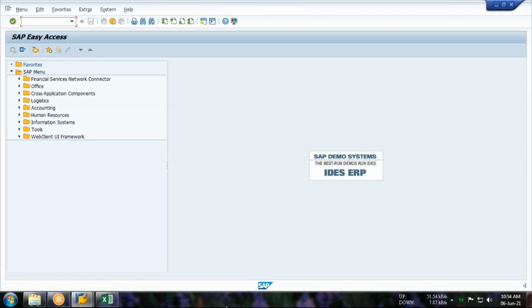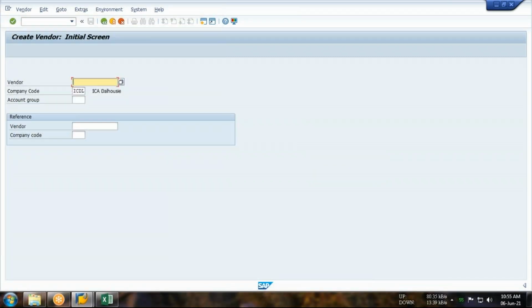So right now I'm going to create a fresh vendor. Guys, what is the T code for the vendor master record? I have to create a fresh vendor in which I have to assign the payment terms. What is the T code for the vendor master record? Decentrally vendor, FK01. This is FK01. So what is my account group?